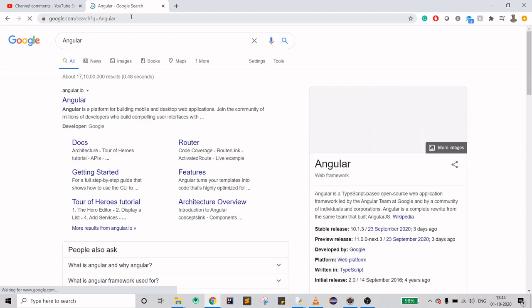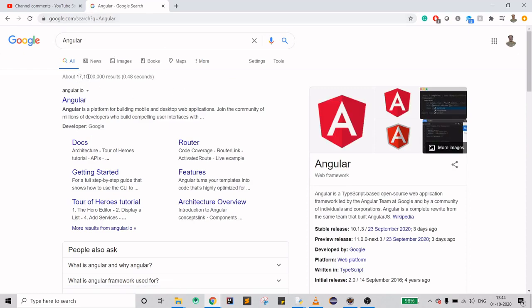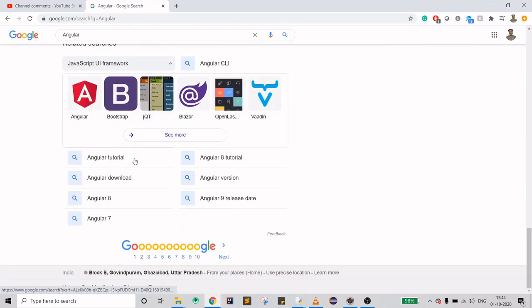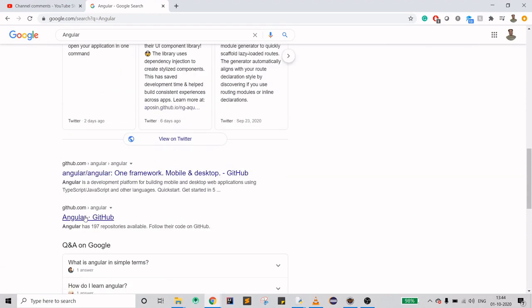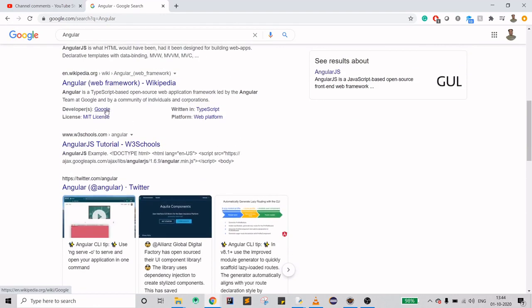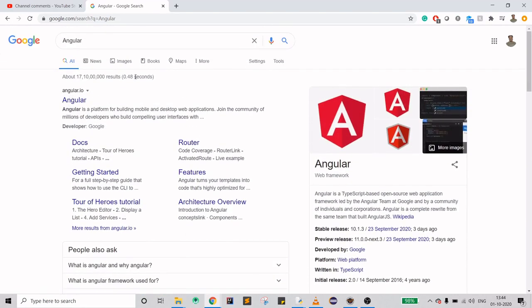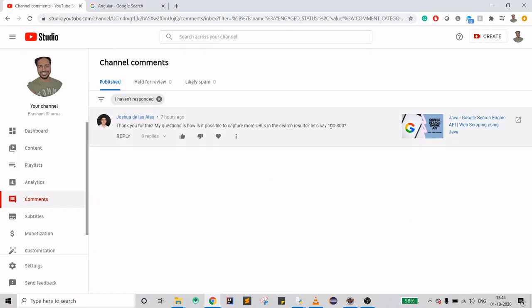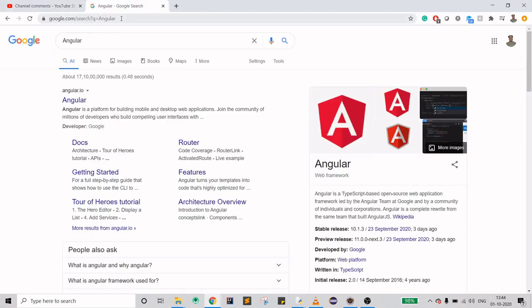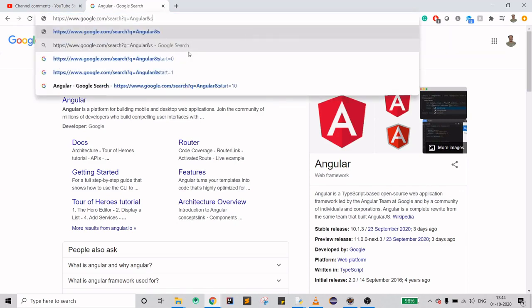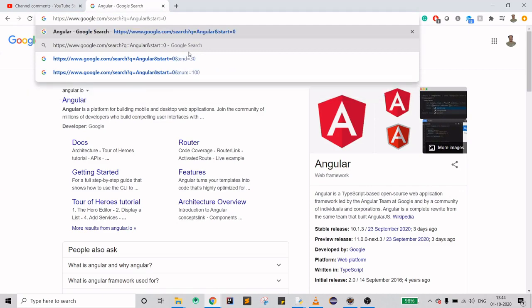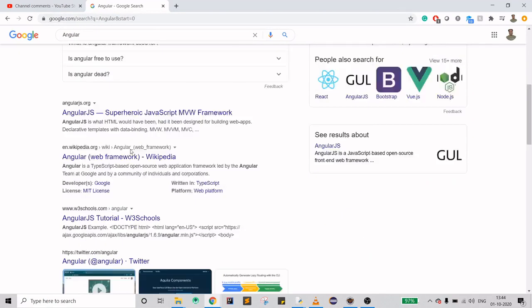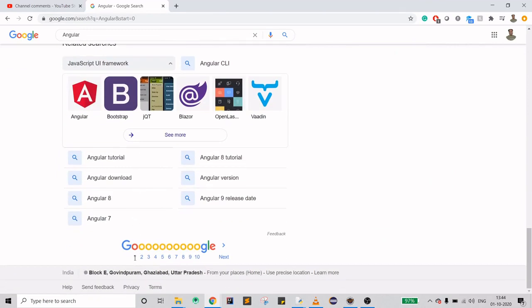Now when you do that, you will get around these many results and these many pages. There is a limit like 1 2 3 4 5 6 and 7. You got 7 results in your first page, and Joshua wants us to get 100 or let's say 300 results. So how can we achieve that? If you see one thing, this is our page number 0, which basically means start equals 0. If I do that, I'm still on page number 1, as you can see.